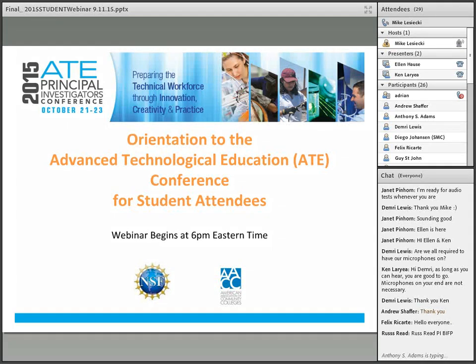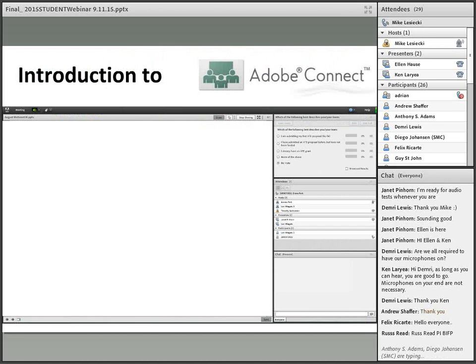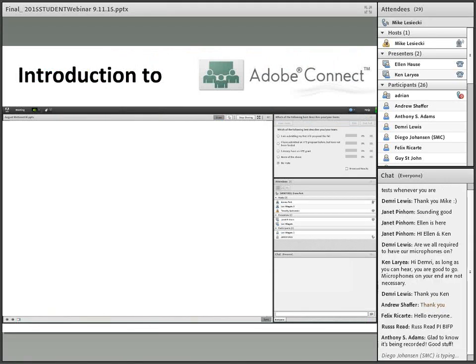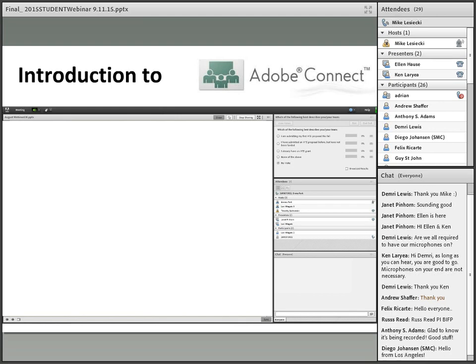Let me show you a few details about our system here. The system that you're looking at, you can see it on the screen, is called Adobe Connect. Some of you might have used it before. It's just a webinar interface system. We will have one poll today. Now on your screen it shows polls in that sort of upper right corner. I'll reposition that poll to the center of the screen when it's time, and then you'll just click on the radio buttons.